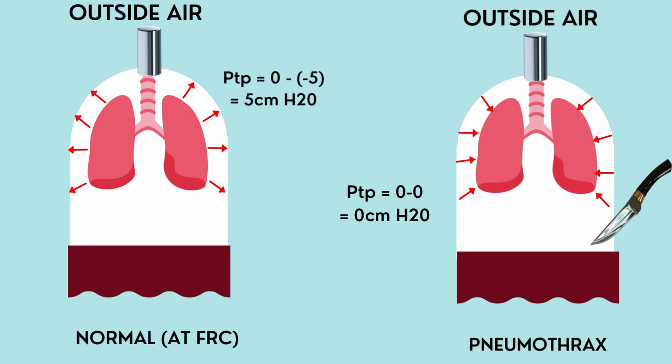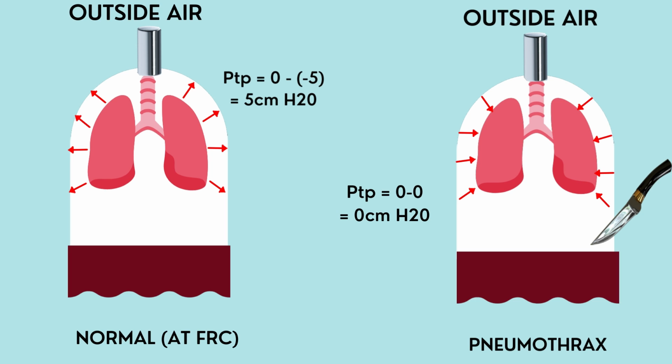On the other hand, in case of pneumothorax, now what is pneumothorax? Suppose you get a stab wound, so your pleura is now open, so it's in contact with the atmospheric air. So the atmospheric air rushes in, and as I mentioned before, as the air flows in, the pressure is going to be balanced.